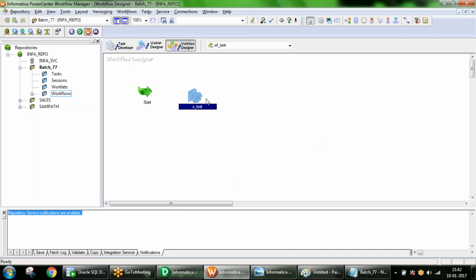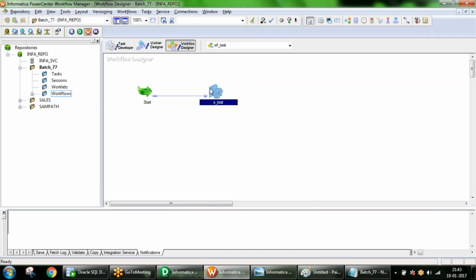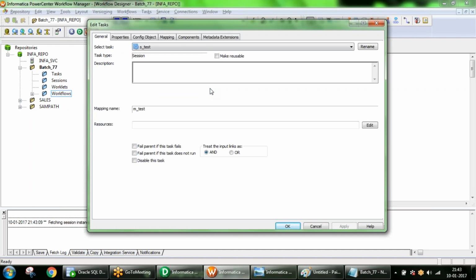Now as usual, you need to connect from the start button to your task. If you want to open any task, you can right click and edit, or simply double click and it will open.